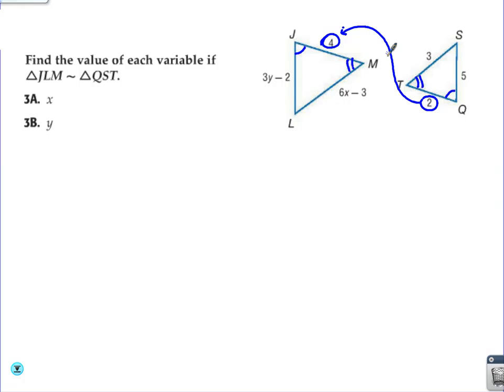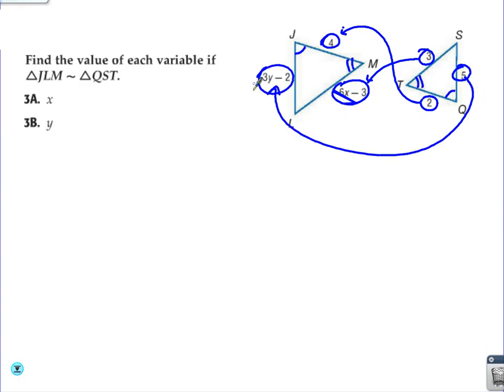2 corresponds with 4. 6x minus 3 corresponds with 3, right? How do I know that? Because it's the side next to the 2 tick marks. And 5 would correspond with 3y minus 2. If you need to map it out like I just did, go for it. The big triangle is twice as big as the small triangle. So one way of working these problems,